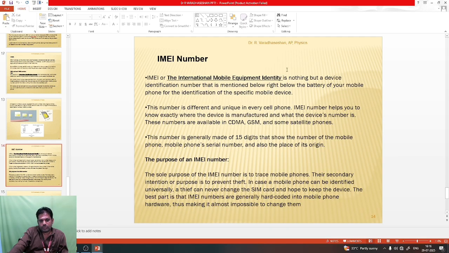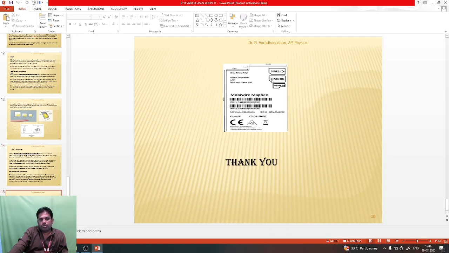to change them. So this is, look here, the mobile phone which has two SIM cards, SIM1 and SIM2, and also a memory card port. Look here, the two IMEI numbers are there. So this is the IMEI number, which is represented in barcode as well as figures. So this is the important point about